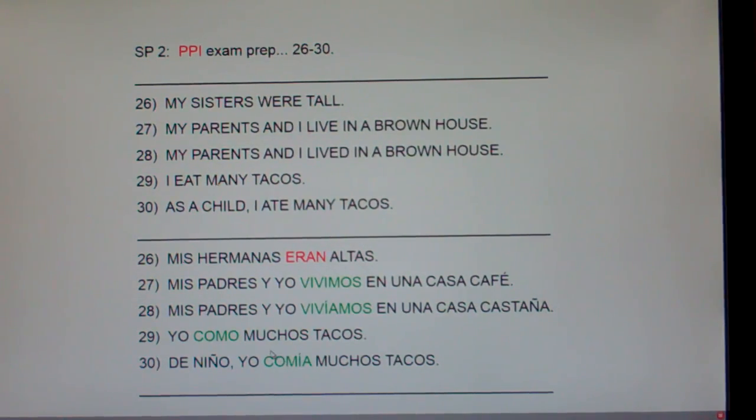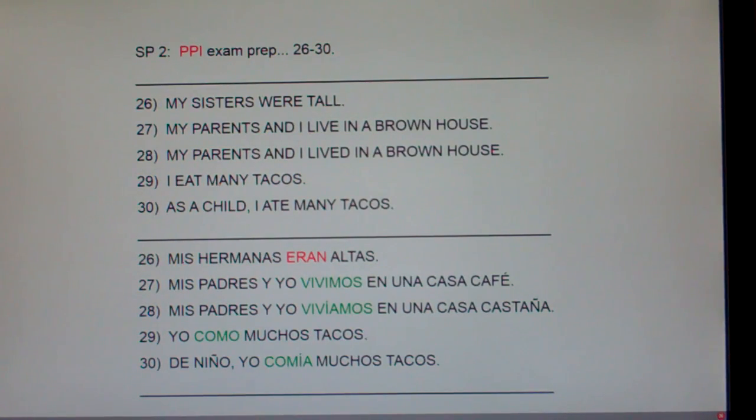But Mr. Holt, how do I know when to add aba and when to add ia? Everybody say we keep our letter. We keep our letter. If it's an AR verb like cantar or bailar or jugar, you chop off the AR and add aba. If it's an ER-IR verb like comer, vivir, you chop off the ER or the IR and add ia. And remember, all forms of ia have an accent. Ia, ias, ia, iamos, ian.